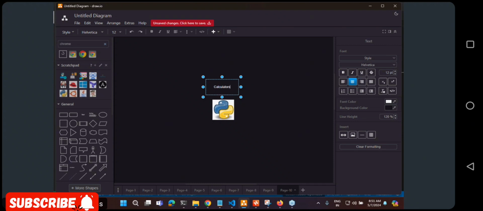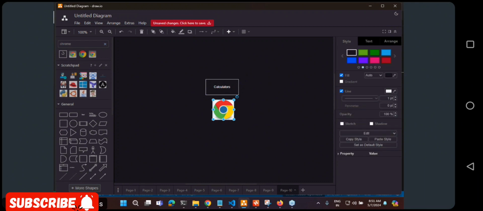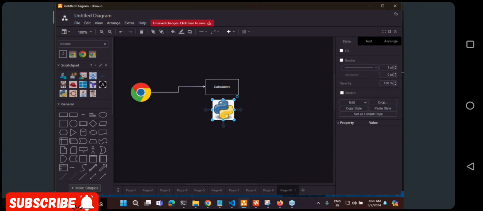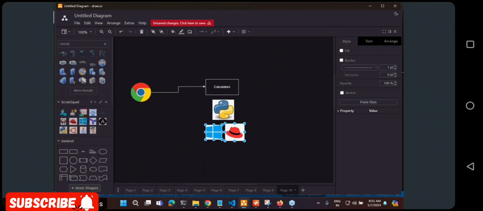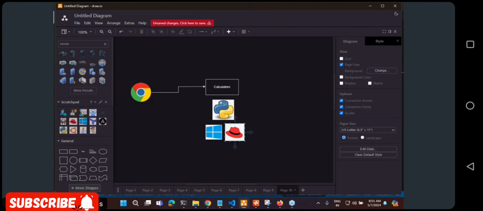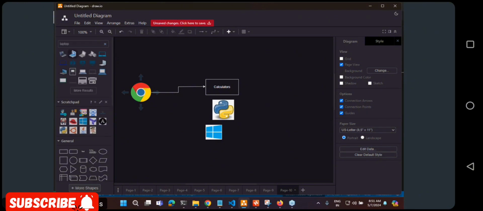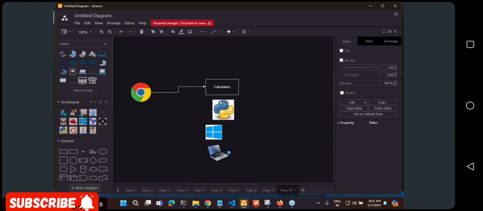This application was designed in such a way that anyone can access it using a browser. This application requires Python, but we can't run Python directly. For that, we need some kind of operating system, whether you use a Linux system or a Windows system is your choice. But operating systems also can't run on their own, so we need some kind of server. All these days we didn't have a server. Let us assume that you are working on a Windows system on your laptop. This was your developer environment.